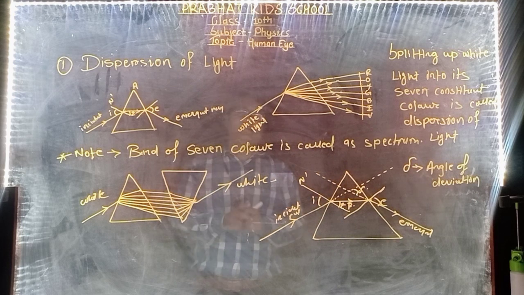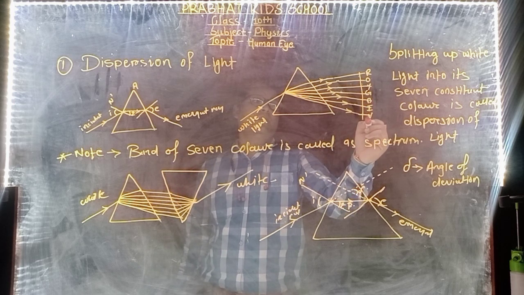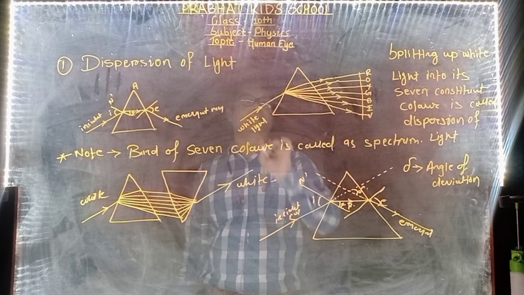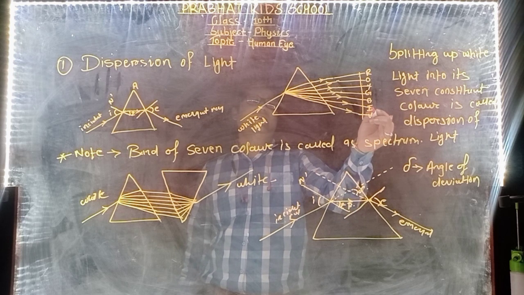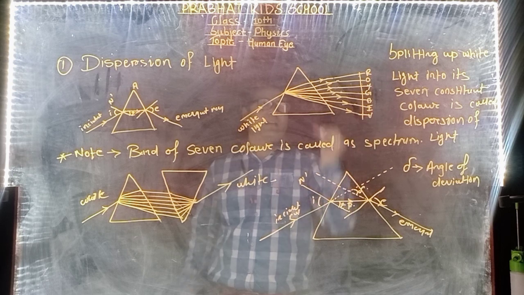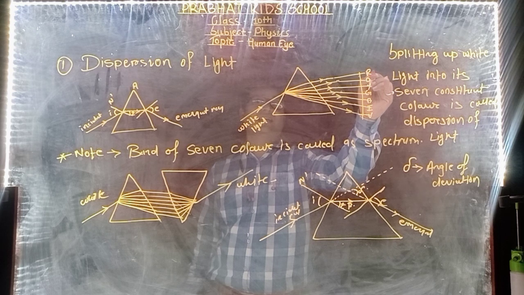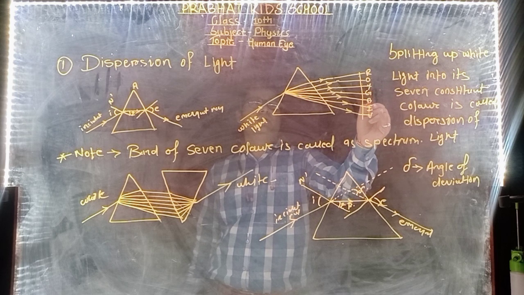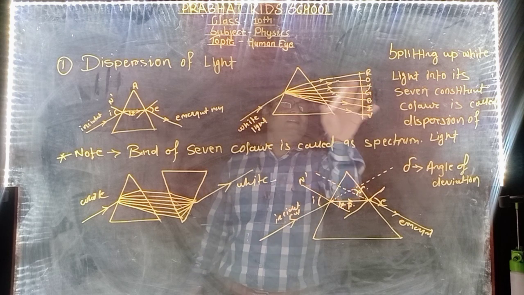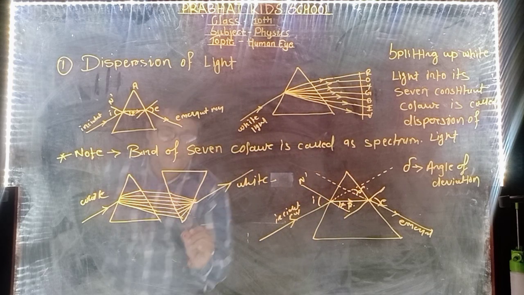And dear student, one more thing. The speed of light in air is 3 into 10 raised to the power 8 meters per second. But remember one thing: when light enters the prism medium, the speed of light is different. The violet light has a different speed than indigo, blue, green, yellow, orange and red. Red is the fastest. The uppermost light ray is the fastest, and orange is slower than red. Yellow is slower than orange, green is slower than yellow, and so on, because this light has different wavelengths. Red color has the maximum wavelength.